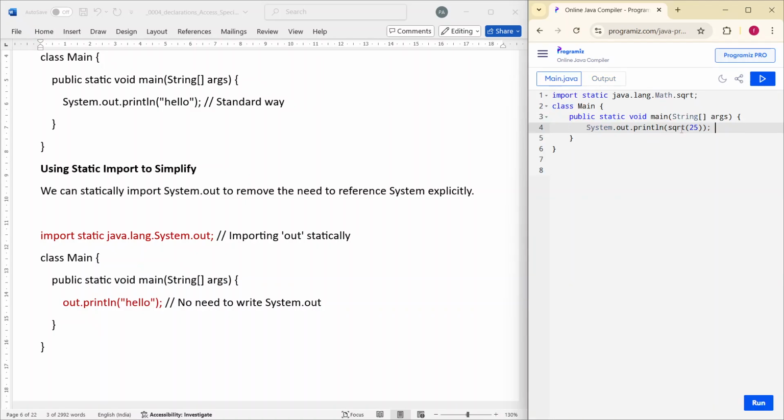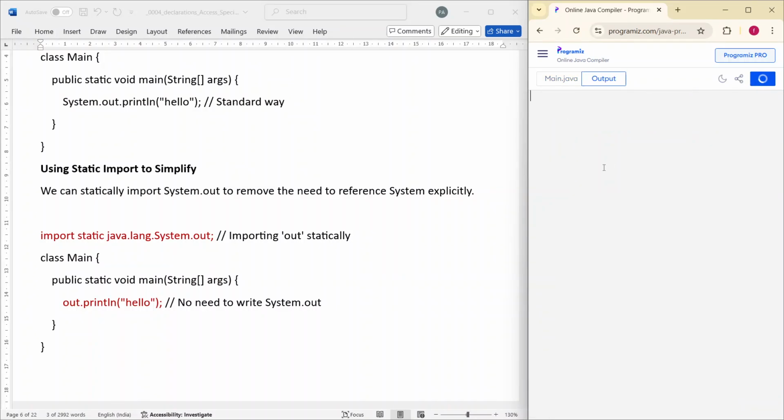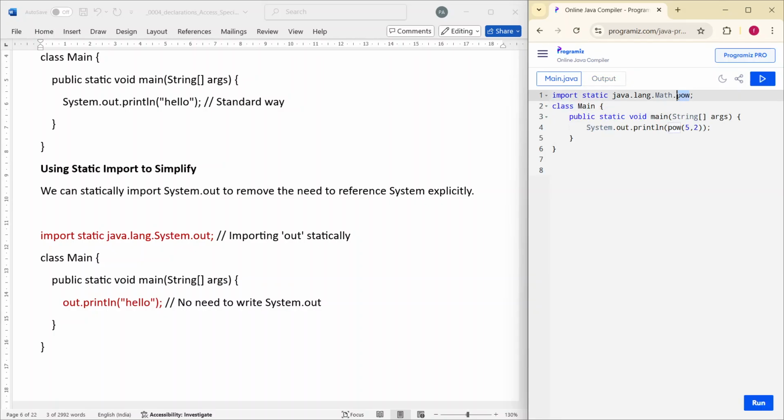If we need power, we can use pow, power of 5 comma 2, that is 5 squared. So here we have to use pow. If I run the code, it works fine and prints 25. If we want to use all, we have to take the implicit import, that is star, Math.star. We can use pow or we can use sqrt, square root,